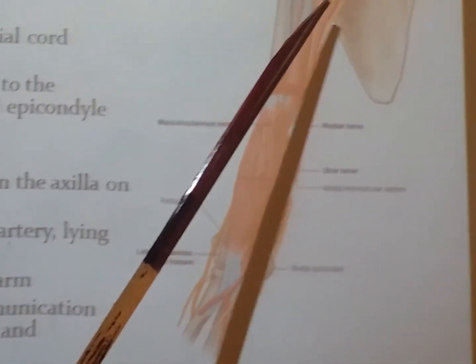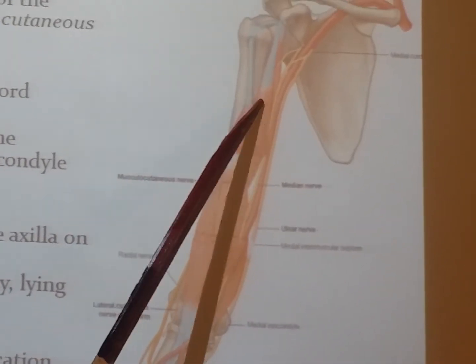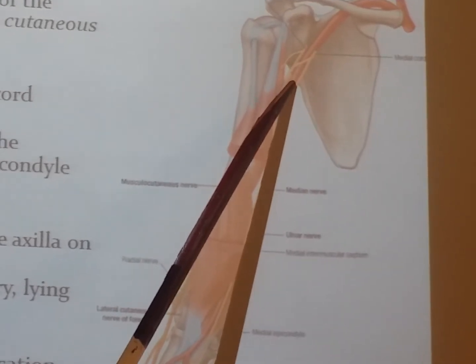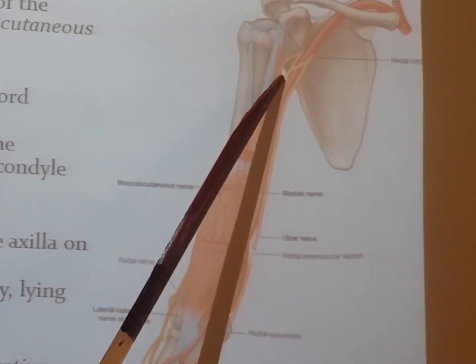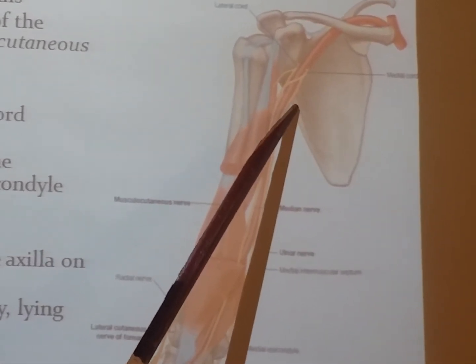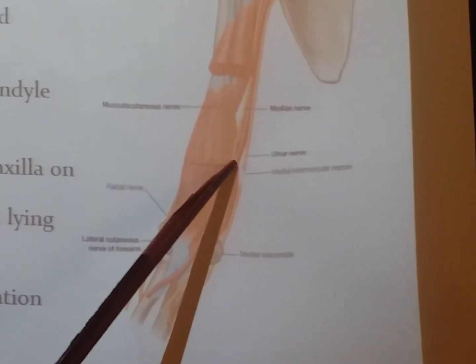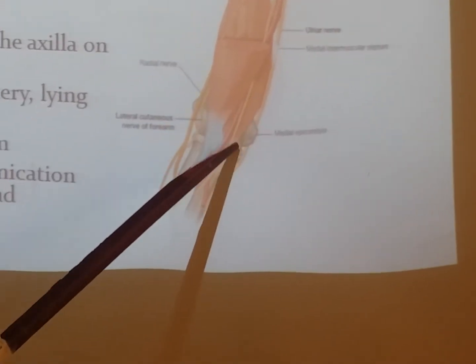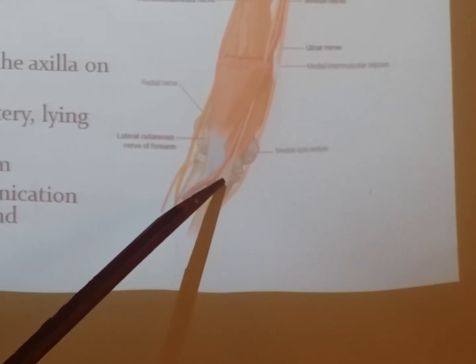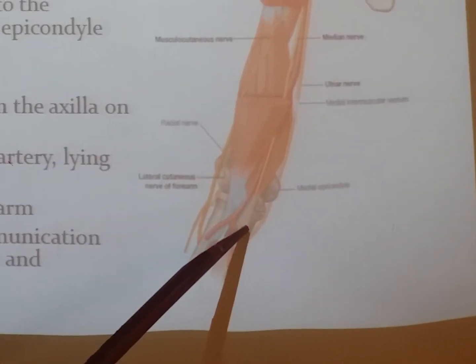So first let me teach you about the median nerve. This is the brachial artery, right? Lateral side, median nerve. Medial side, ulnar nerve. They both run up to the middle of the arm. Okay? So median nerve, what happens? It crosses and then comes to the medial side. See here, in front of the elbow it is medial to the artery.